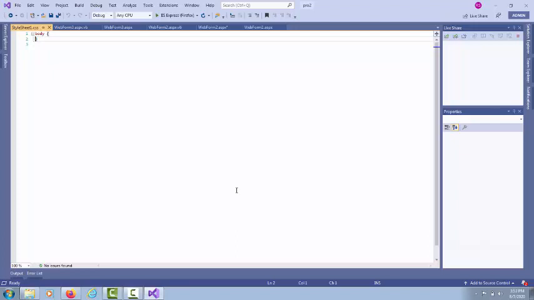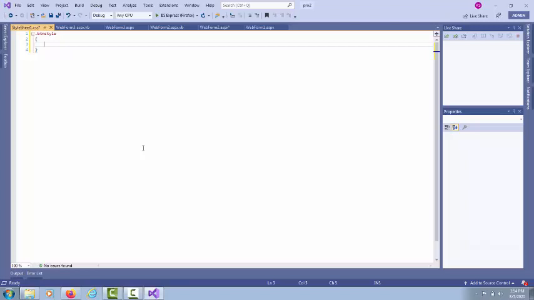First, I have an inbuilt body tag available. I remove this particular inbuilt tag. Now I make the class named btn style, with opening and closing brackets.